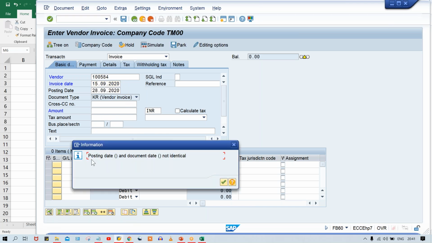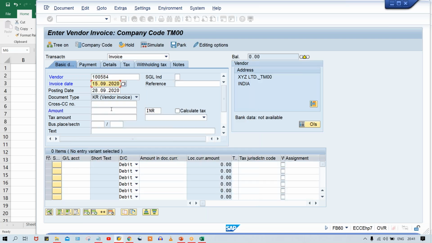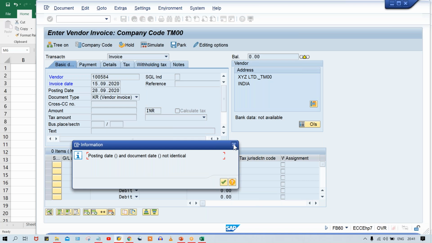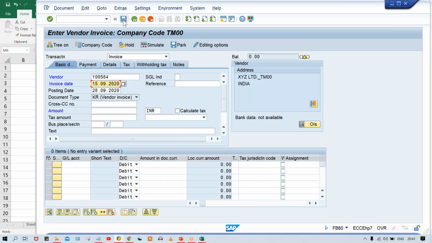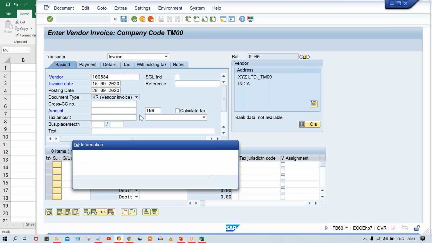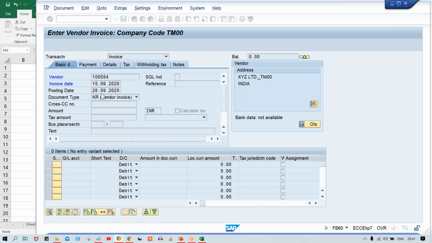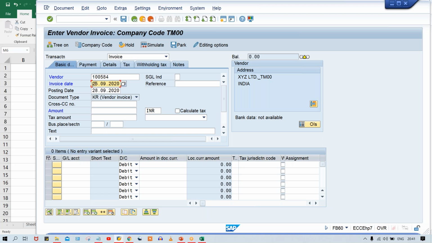If you press enter, look at here, the message is appearing. It is not going to allow you to proceed further unless we rectify this. You keep on pressing enter, the system is going to show you. So if you are trying to save this data, every time you save it, the system is going to show this message, right? So here if you make it 28 and press enter